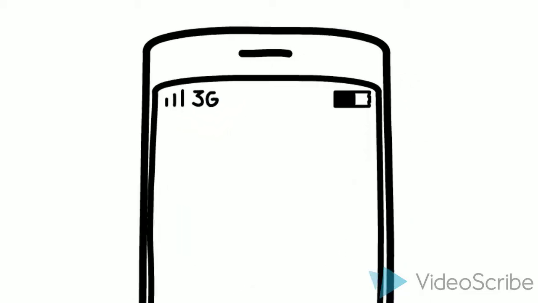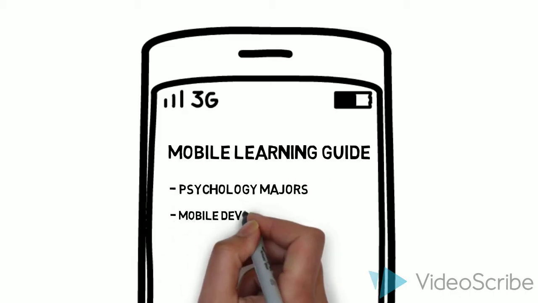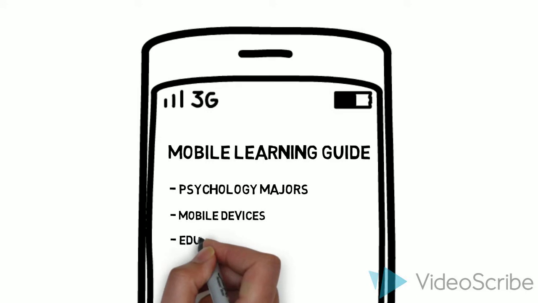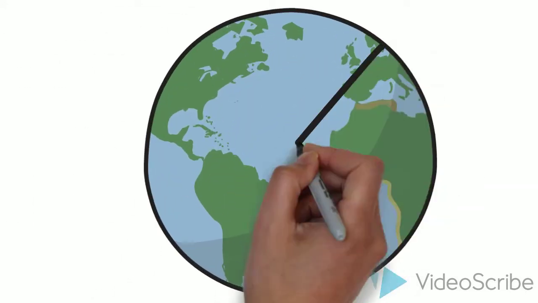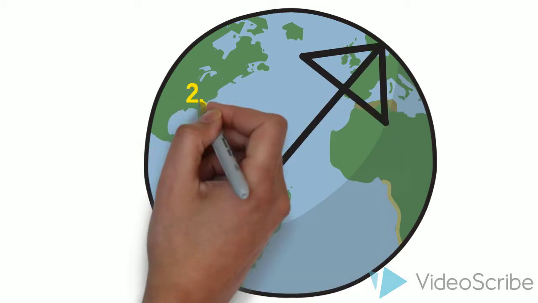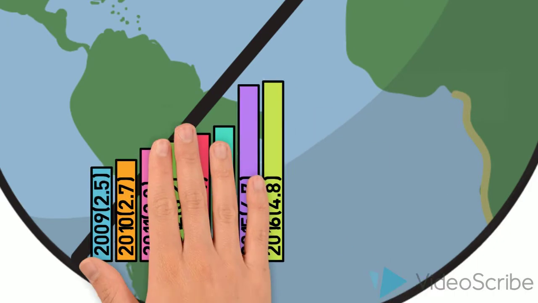Hi! This mobile learning guide aims to show you how to put your mobile devices to good use. It's used to show psychology majors the many ways mobile devices can be used to help you explore, study, and revise. More than half of the world's population uses mobile phones, from 2.3 billion in 2008 to a whopping 4.8